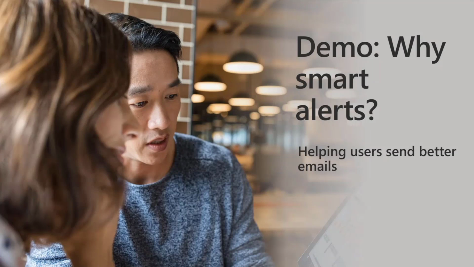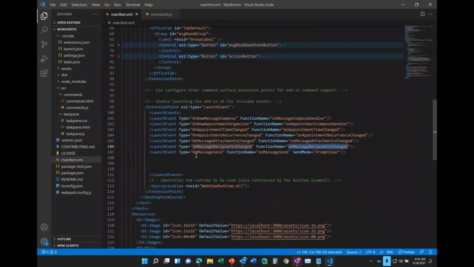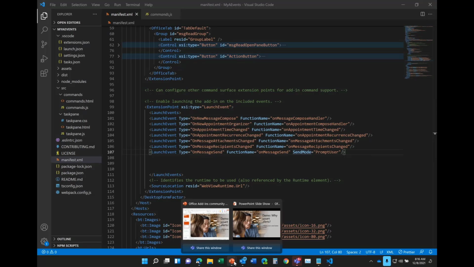But anyways, the coding is exactly the same, because from send, if I go to the manifest, you will see that I have a message sent event here. I have a handler, and then this event specifically has another attribute that is send mode. Send mode is important because you're able to change how the feature works by using this parameter right here. I will tell you more details about that in a second. If we go back to the deck,